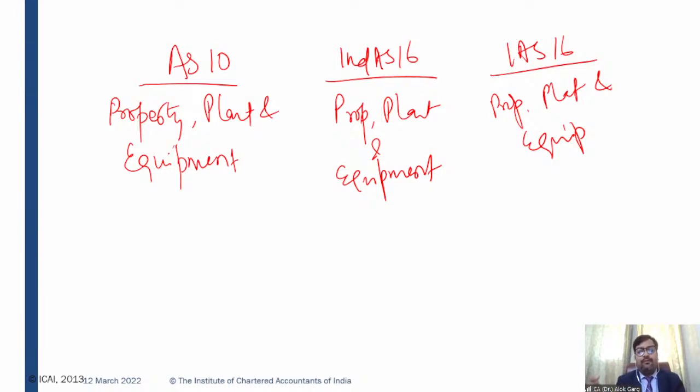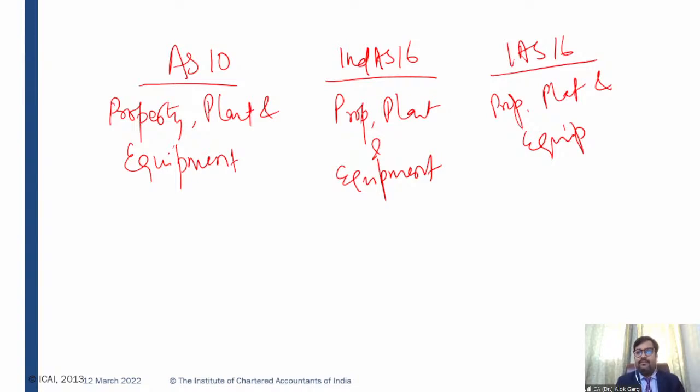When I say property, of course, the standard talks about land and building as well. When I say plant, this standard talks about something which is required for manufacture of goods and services. And when I say equipment, it could be your office equipment, like laptops and computers. So what could be examples of property, plant and equipment? Your land, building, vehicles, aircraft, helicopters,